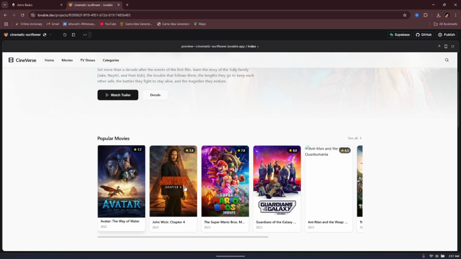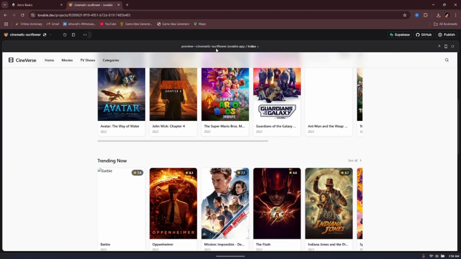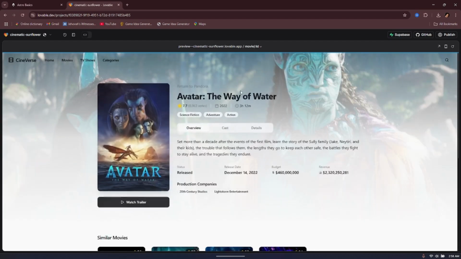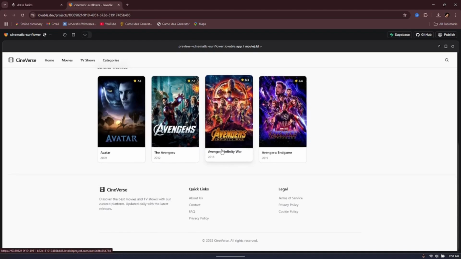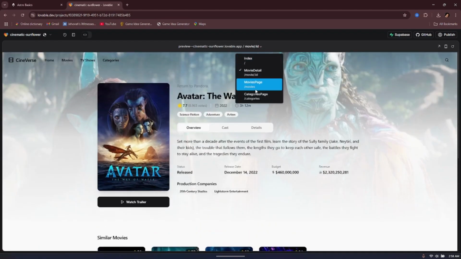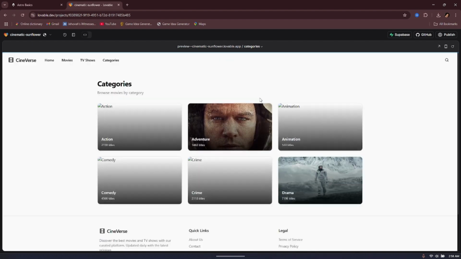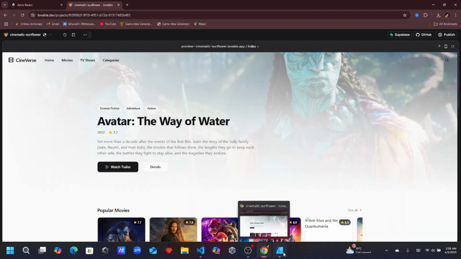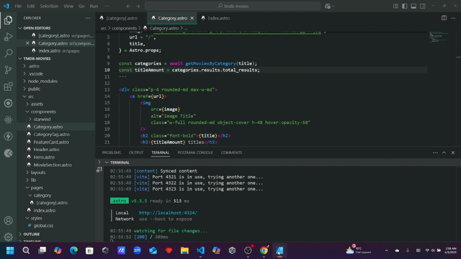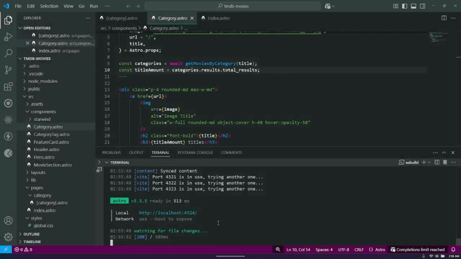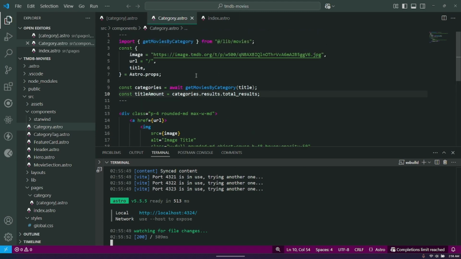So we need to make it so that we can click on it and it takes us to the page, styled similarly like this. And we have just movies. Okay, and here's the categories page. This is what we're going to focus on now. So I have my category page,